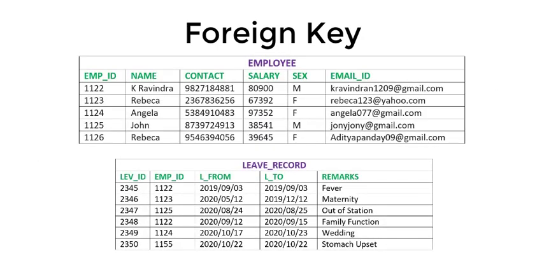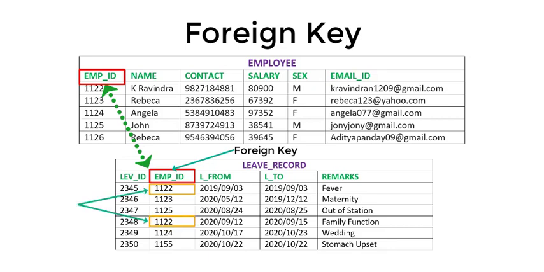Here in the leave record table, EMP-ID is derived from EMP-ID of employee table. So, EMP-ID is a foreign key. It is possible an employee can take many leaves, so values under foreign key can repeat. But no value under foreign key is possible whose existence is not in the parent table column. So this record is not acceptable by RDBMS.